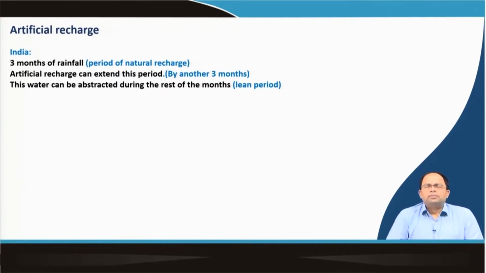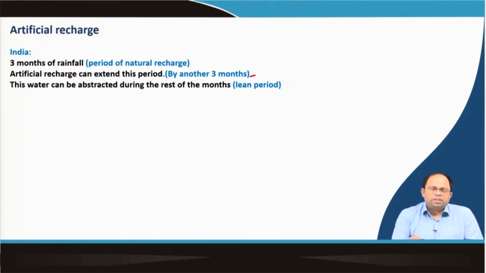So in India, as I was explaining just now, the rainfall period is roughly 3 months, and artificial recharge will be able to extend this period by another 3 months. What it means is that the amount of infiltration that happens in India is during the 3-month period of rainfall. So we can increase this period by another 3 months by storing that rainfall water on the surface, and by using certain techniques like spreading or creating some wells, we can gradually put more water into the ground using artificial recharge techniques, and that probably will increase this infiltration time by 3 months.